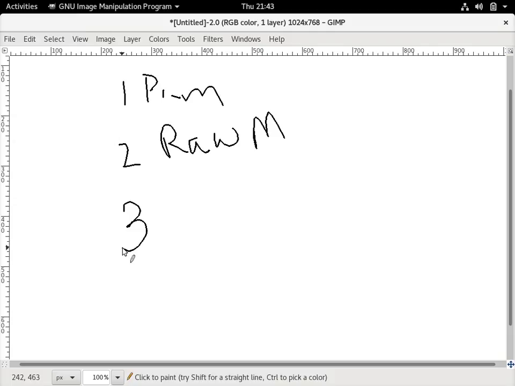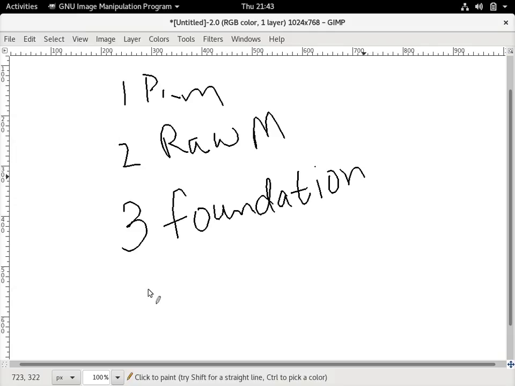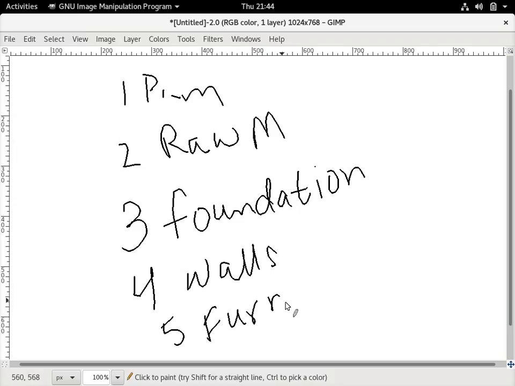Let's say raw material, and then we will put the foundation of the home, and then we will put the walls around, and once we have the home ready, we will bring the furniture. Let's compare it to